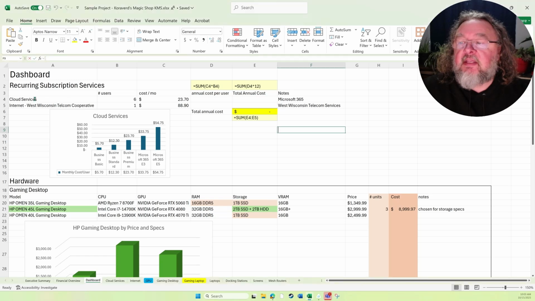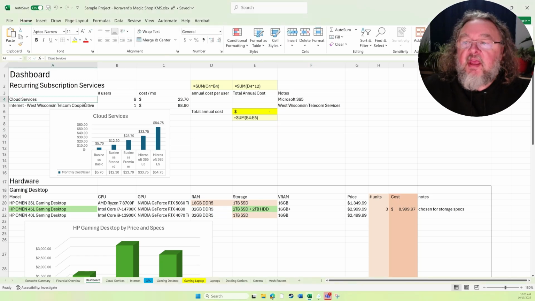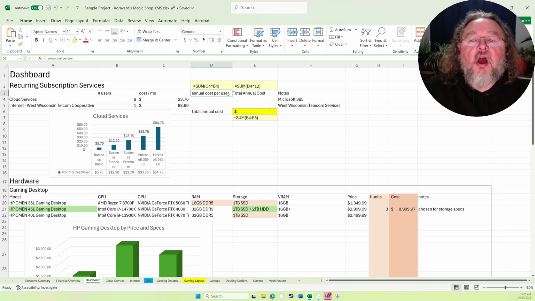So what I'm looking at is the cloud services, and I've got 6 users. I've got a cost per month of 23.70. But what I want to figure out is the annual cost per user. So what we do is we enter a function into the cell where we want that answer to show up. Now, there's a few ways of doing this. The first and the easiest way to do it is, and this is what the formula there is going to be. But what I'm doing is I'm going to go into the cell I want it to show up in,